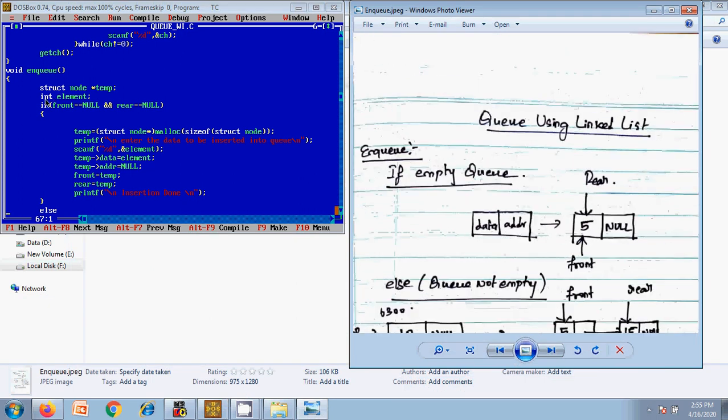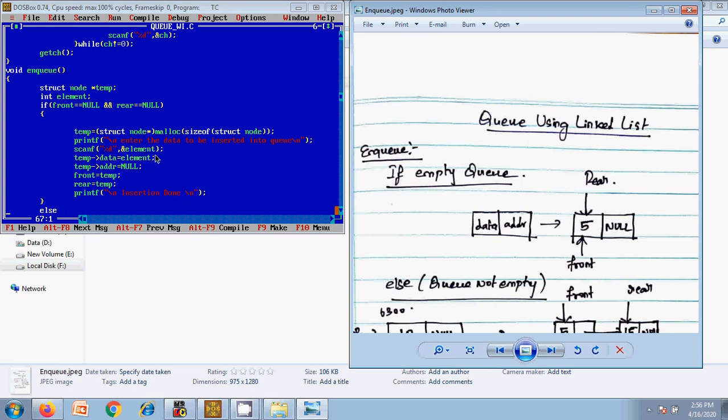Look at if front equal to null and rear equal to null, right? If both are pointing to null, then that means there is no element in the queue, so you are going to perform a new insertion. You get the value from the user, and temp is the newly created memory address, and temp pointing to data equals element.